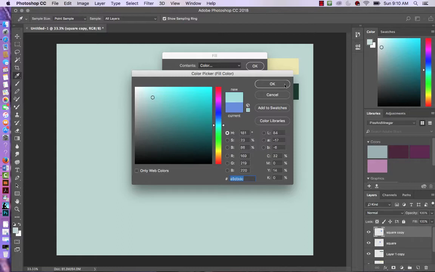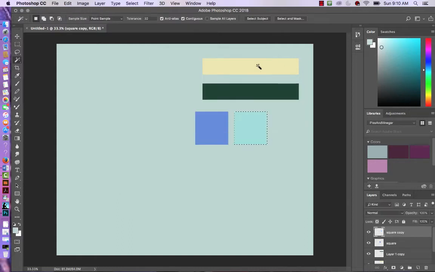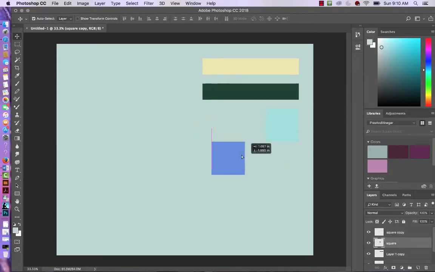We'll see. OK. OK. Then deselect, Command D, or Control D on a PC, and then V, and it'll allow me to move them over here like this. And the computer lets you know when everything's lined up. It's awesome. All right, so go back to the top layer, and we're going to move on to an ellipse